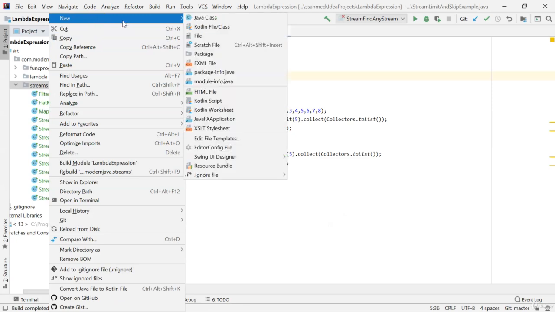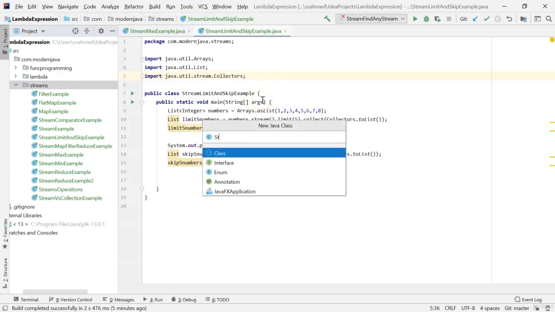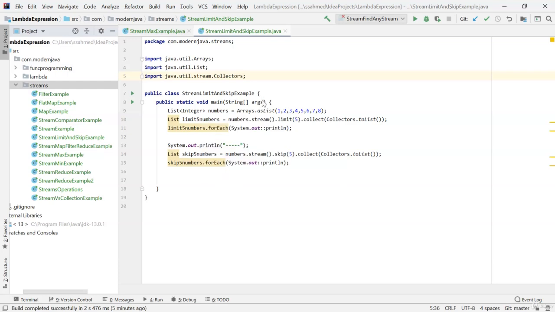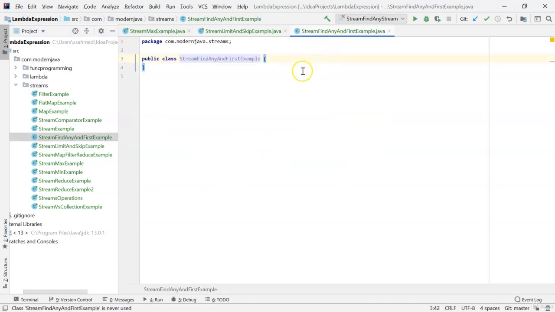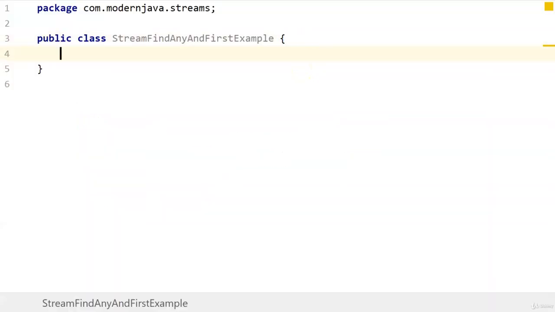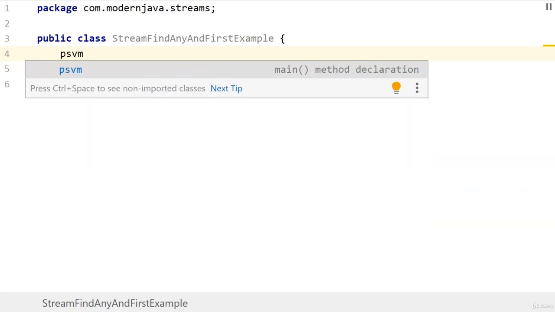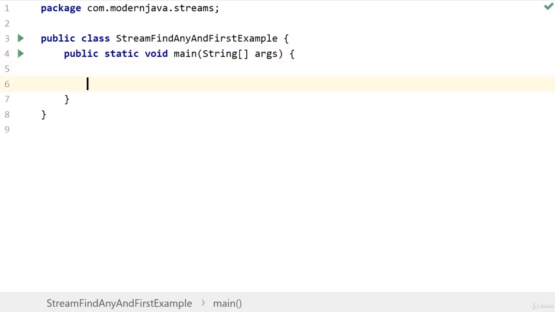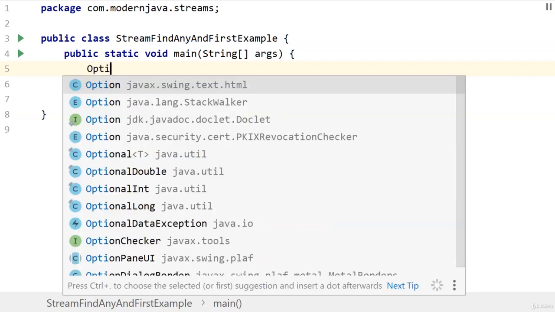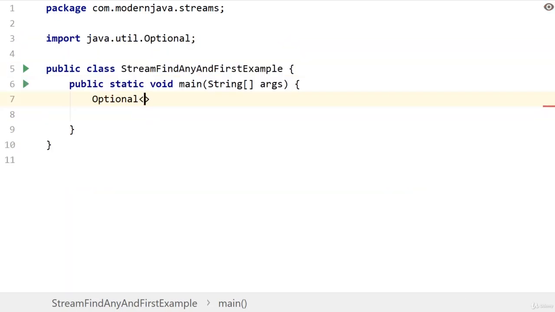So let's create a new class, and the class name is StreamFindAnyAndFirstExample. Let's create a public static void main, PSVM, and we'll be finding first and findAny on our instructor list. They return optional, so Optional of Instructor